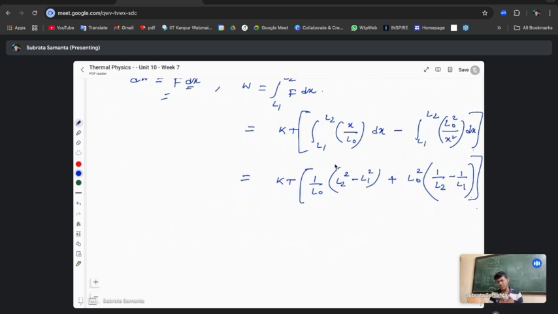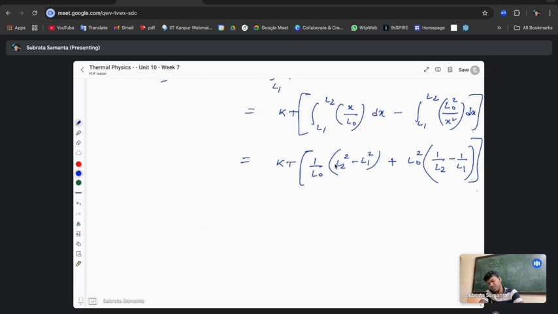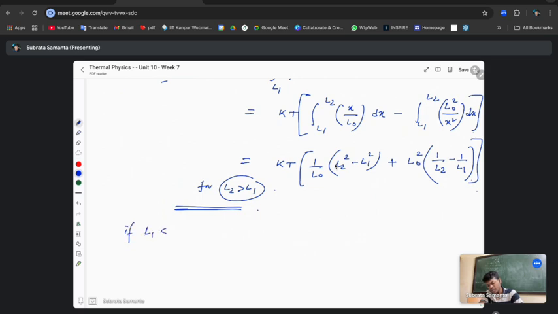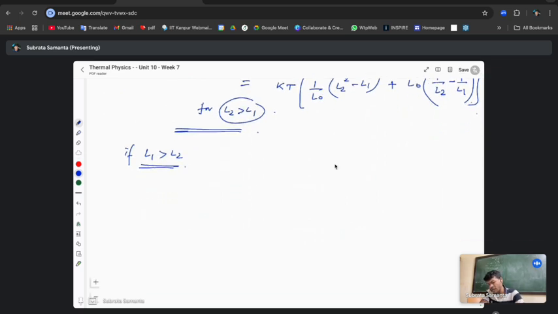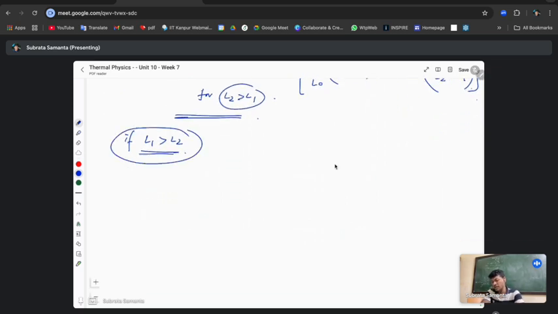So this is true for L2 greater than L1, right? Okay. So if L1 is greater than L2, that means L2 is small. So it's compressed, not elongated. In that case, if L1 is greater than L2, we have to use